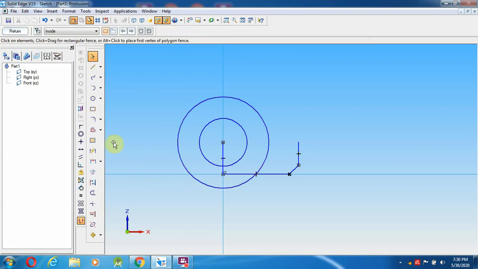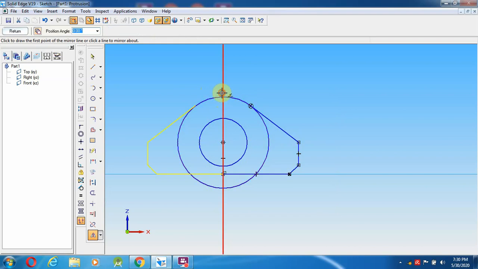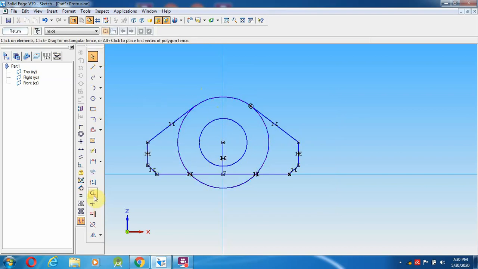Now I am going to select a line from here to here, the tangent line I am going to create. Now I am going to mirror these things to the opposite direction from the base of this and trim the unnecessary things. So these are all the things I'm going to trim.